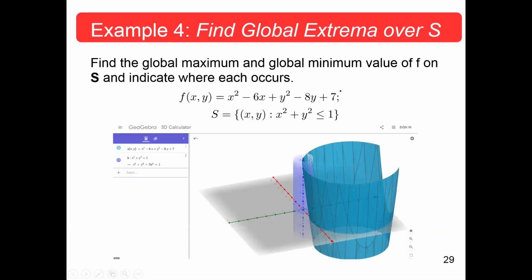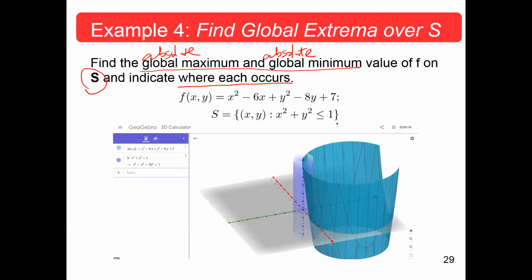So we're going to focus our time today, first of all, on example 4. This is actually a pretty long question. That's why, first of all, you guys take a look at this question. They're asking you to find the global max and global min, which is also the absolute max or absolute min value of function f on S, and indicate where those maximum or minimum would occur. The function is x squared minus 6x plus y squared minus 8y plus 7. And the corresponding domain is x squared plus y squared less than